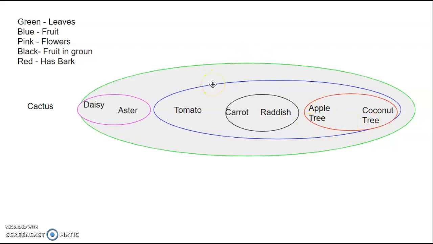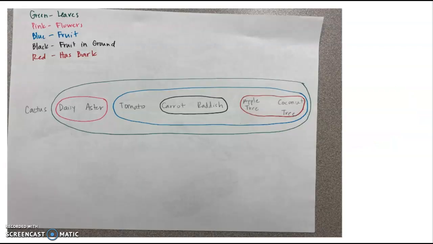Now, when you are doing this, you can do it on the computer like this, or you're also more than welcome to draw it and take a picture and attach it to your slides. It's the same thing. You just do it freehand. Now from there, you have to make a cladogram. A cladogram is going to be a chart or a diagram that's going to show how these things are closely related. The Venn diagram is useful because you're going to be able to tell how to branch off of each